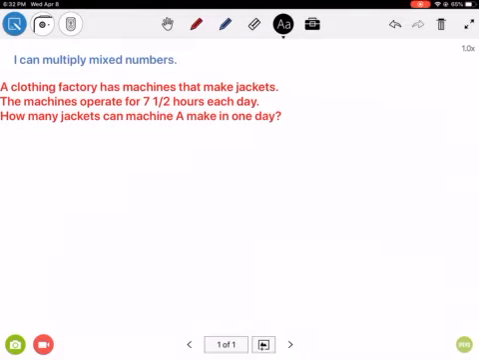The question that we're going to be working from is a clothing factory has machines that make jackets. The machines operate for 7.5 hours each day. How many jackets can machine A make in one day? Machine A can make